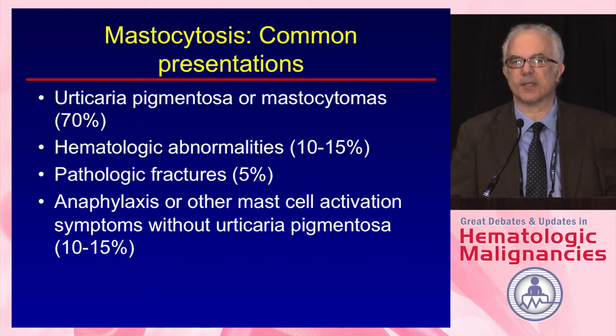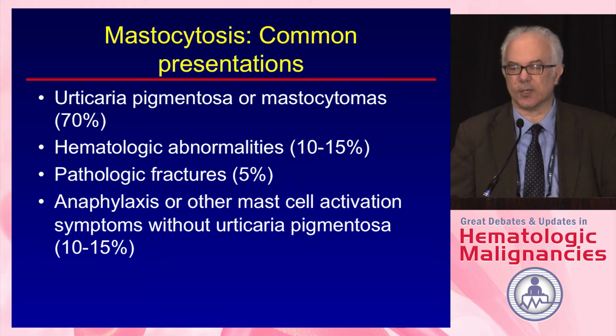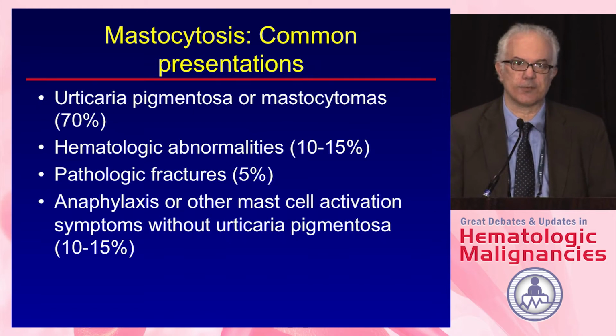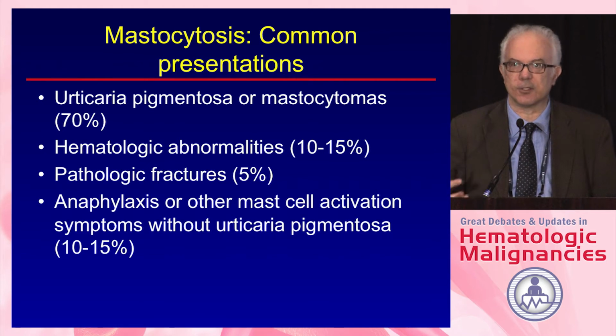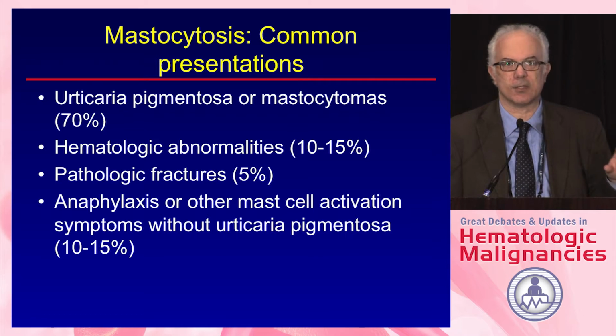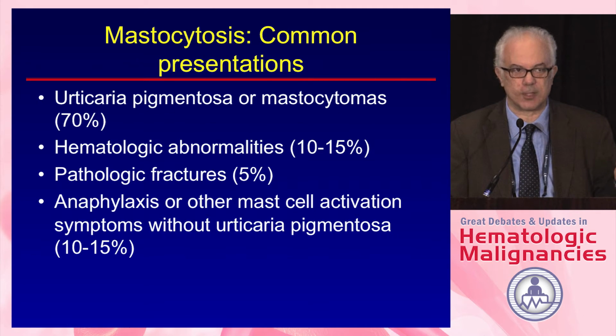And if the tryptase level is increased, then that patient is referred to a hematologist for a bone marrow biopsy to establish the diagnosis. About 70% of the patients present with a skin condition called urticaria pigmentosa. I will show a couple of pictures of these. So if you suspect mastocytosis, it is important that you do a good physical examination and look at the skin